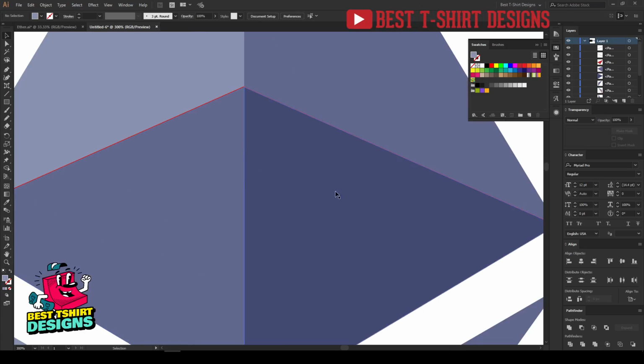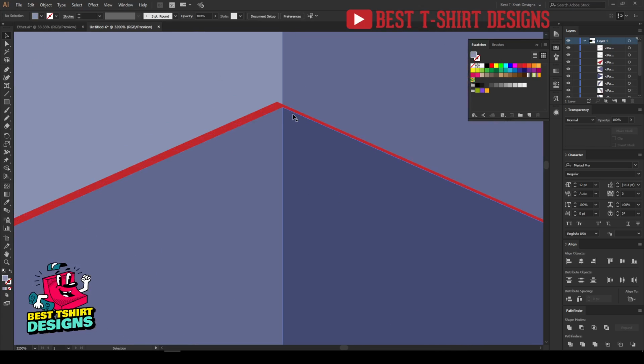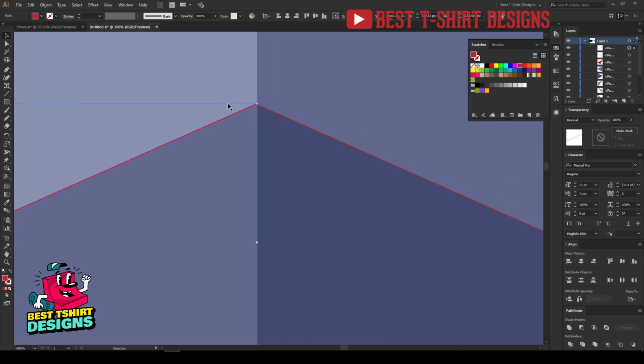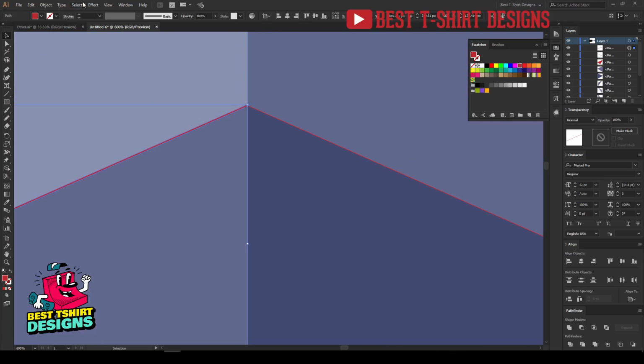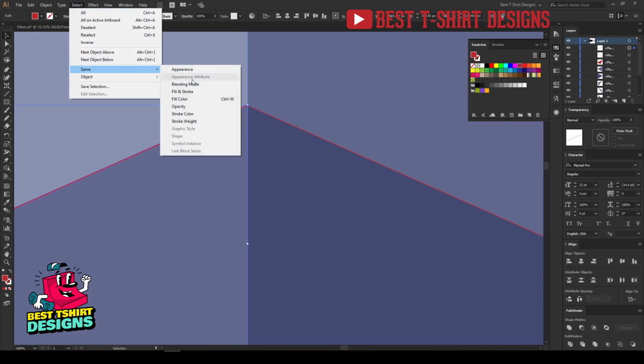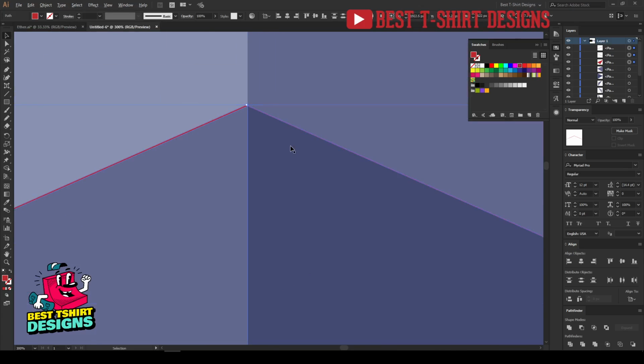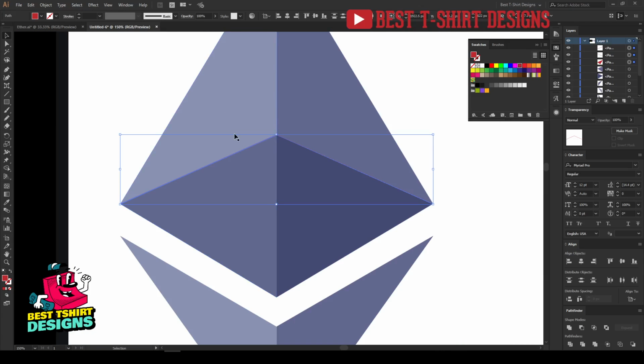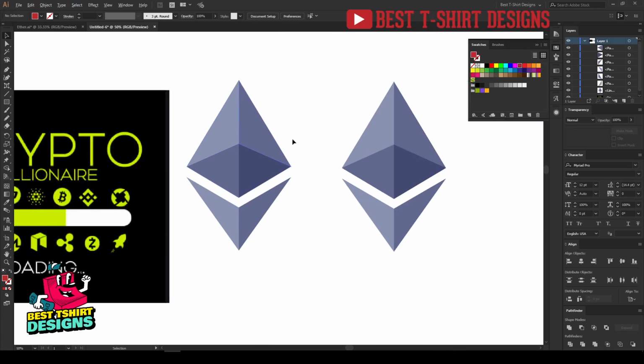So you can see this is how it is looking, and then here is some extra area that you can see. So I'm going to select that, and then I'm going to go to select same, and then fill color. So it is going to select everything that is in red color, delete. That means I don't have that red color here anymore.